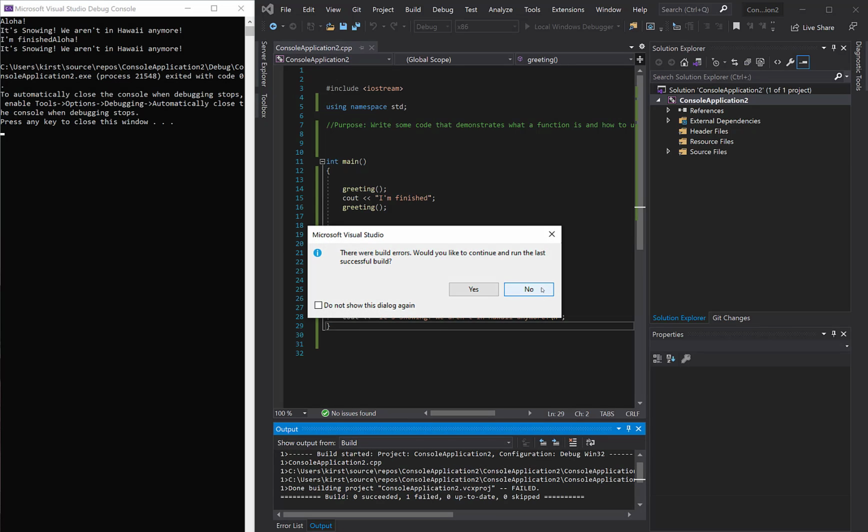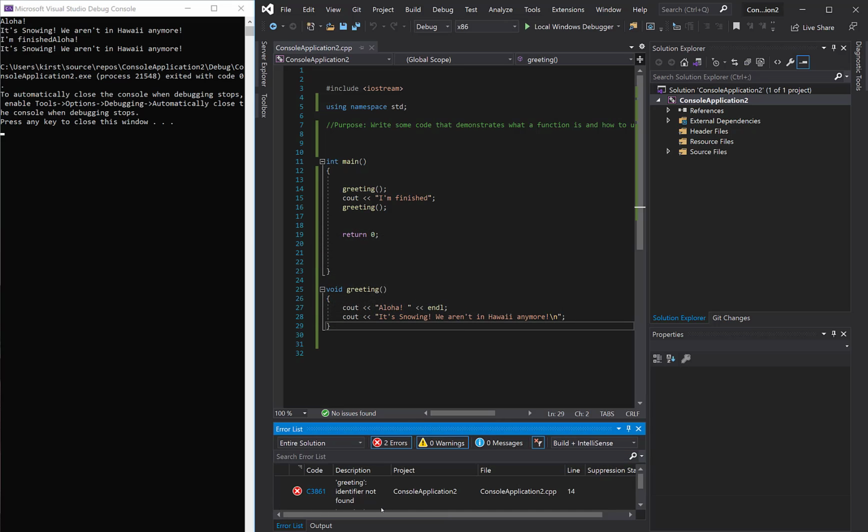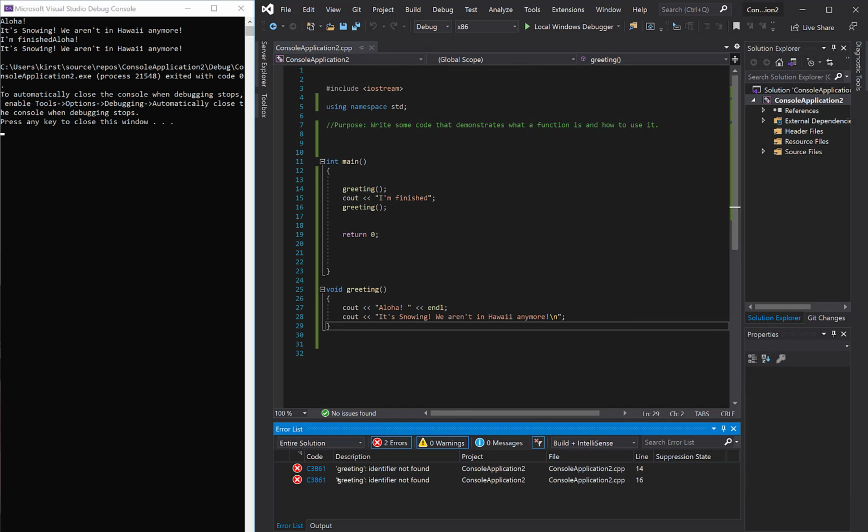I'm waiting for it to run, but I got a build error. Why did I get a build error? Let me look at the error. It's saying greeting identifier not found on line 14. So if I look at line 14, the program can't find greeting. Well, it found it earlier. What's the problem? Well, in C++,